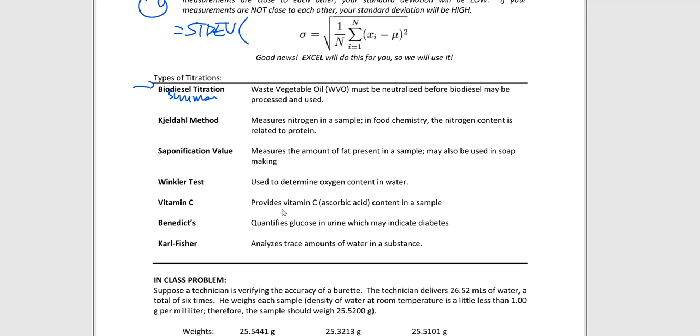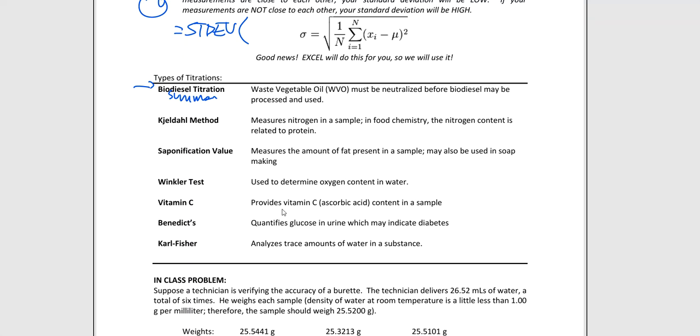And one of these labs is a biodiesel production lab. So how can I take spent vegetable oil, and how can I take that used oil and then convert it into diesel that can run a vehicle? That is biodiesel, and we're going to go through the production of that and talk about that a little bit in that particular course. Well, one of the titrations that we can do, there's many titrations that we can do